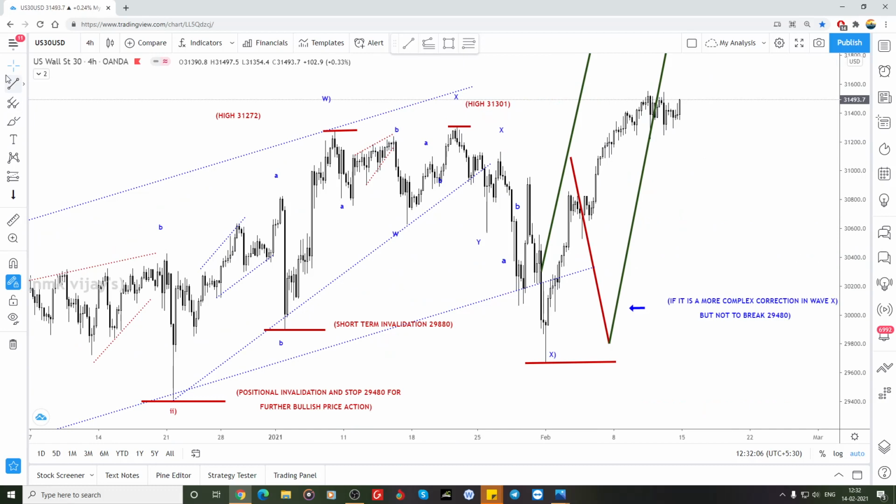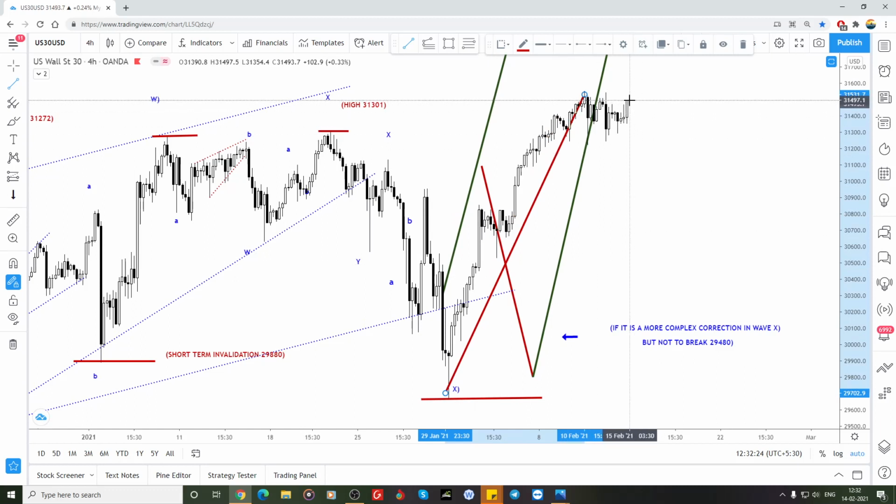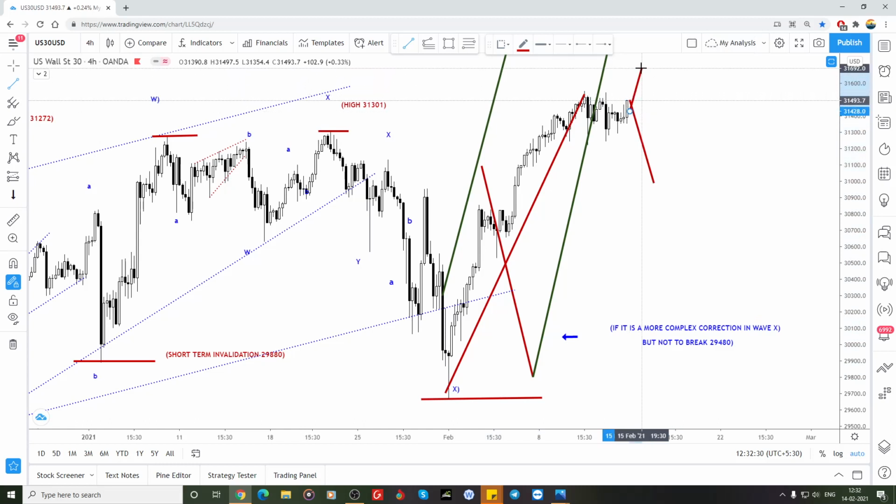So now it's looking like again there is a 1, 2, 3-wave structure, right? So this could be wave 1, 2, 3, and 4. The 5th wave has got extended. So this is a 5-wave structure. So again I'm looking only for 3-wave structures to drop, whether it is going to drop from here or it can be a consolidation, and it's looking like a triangle, and again it may drop in a 3-wave structure,